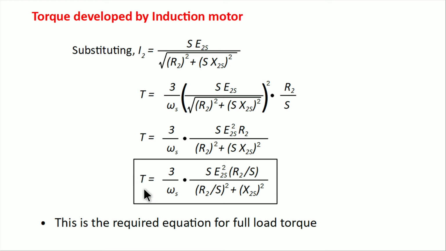From here we can see the torque depends upon various factors. The slip, and the EMF induced in the rotor winding at standstill, which is constant, but while designing the motor it determines how much torque will be produced. The resistance of the rotor also affects the torque. Reactance of the motor also affects the torque. These are the factors determining the torque produced given by this expression.